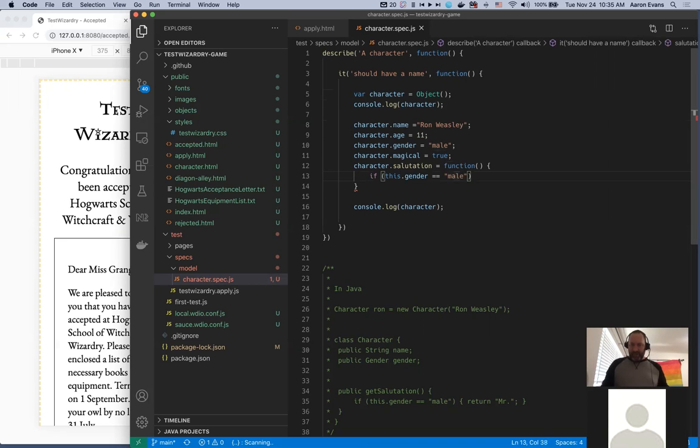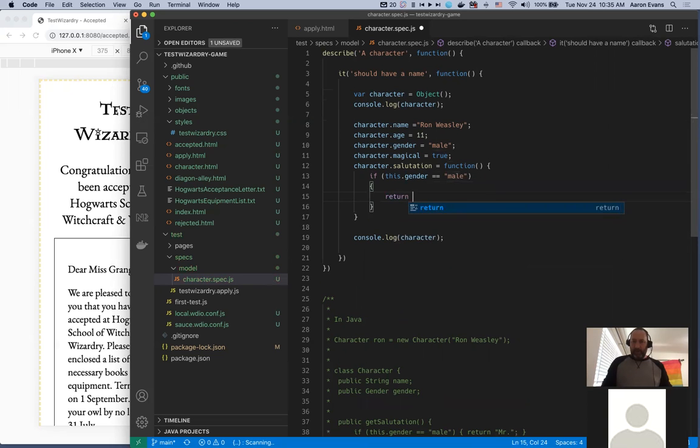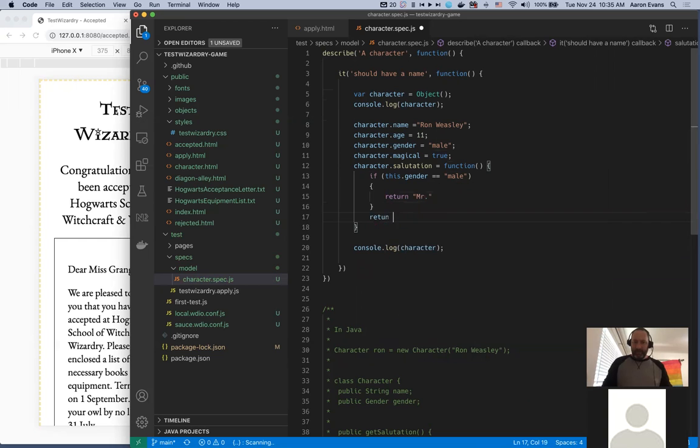Okay, so if this gender equals male, then what I want to do is return Mr. Otherwise, I would just want to return Miss. All right, so now I have this other function. And let's add some